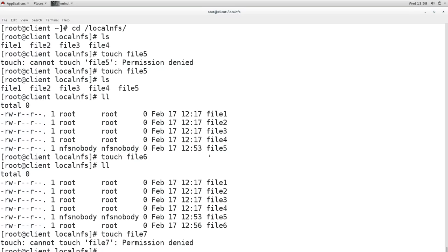So normal users can create files based on their UID and GID, and that is the default security option, security equal to sys. So when normal users create, based on their UID and GID, they will get the permission from the advanced ACL permissions, and the permission which we gave from the NFS share export file is the share permission. But share permission is also important. If you don't have a share permission to write, then the local permission will not apply. You will only get read only.